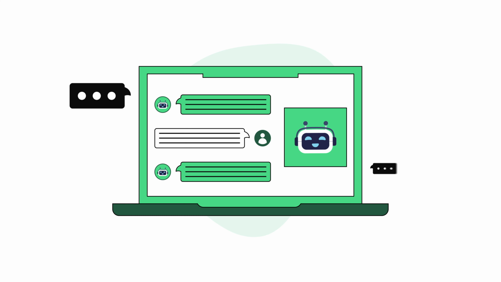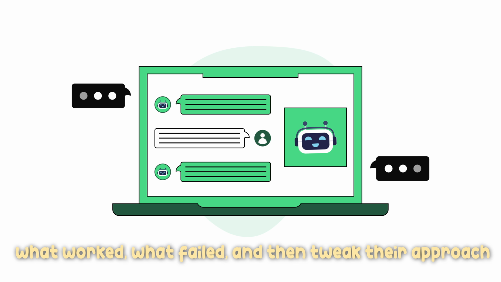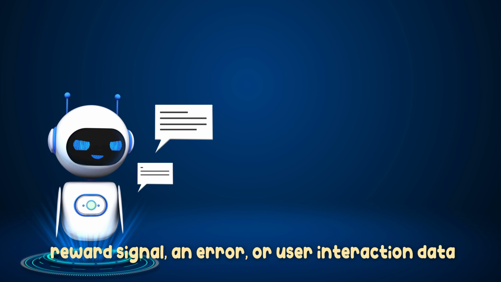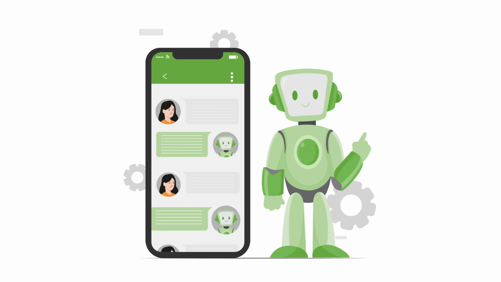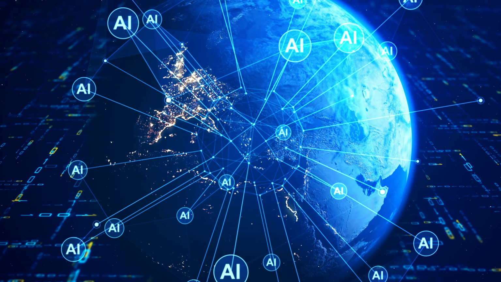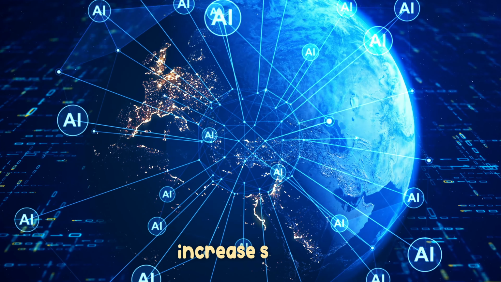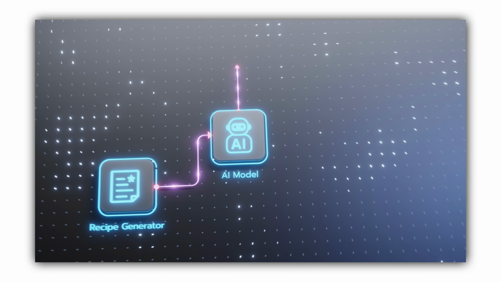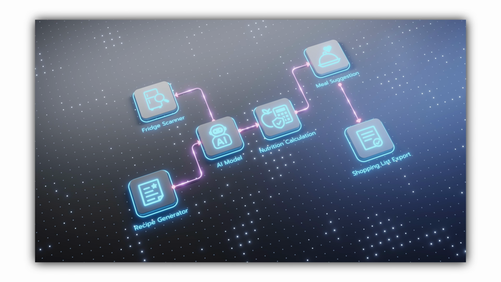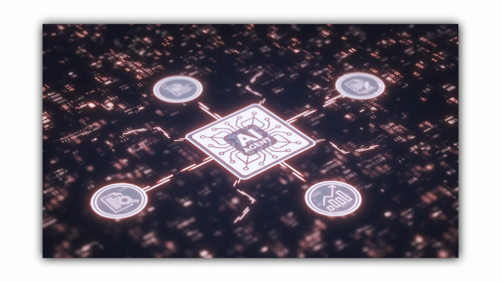Every time they act, they look at what worked, what failed, and then tweak their approach for next time. Think of it technically like a continuous feedback loop. The agent takes an action based on its current model or policy, then receives feedback. This could be a reward signal, an error, or user interaction data. It compares the outcome with what it expected, calculates whether it's a loss or a reward, and updates its internal parameters to reduce mistakes or increase success next time. Over many iterations, this process, act, evaluate, adjust, gradually improves performance, allowing the agent to make better decisions in similar